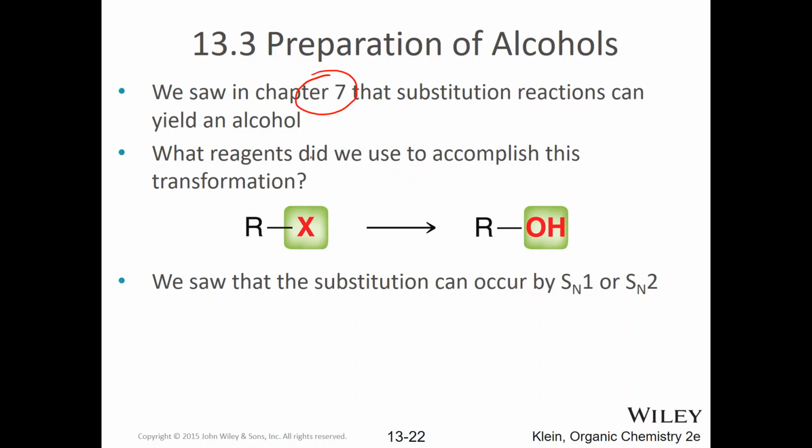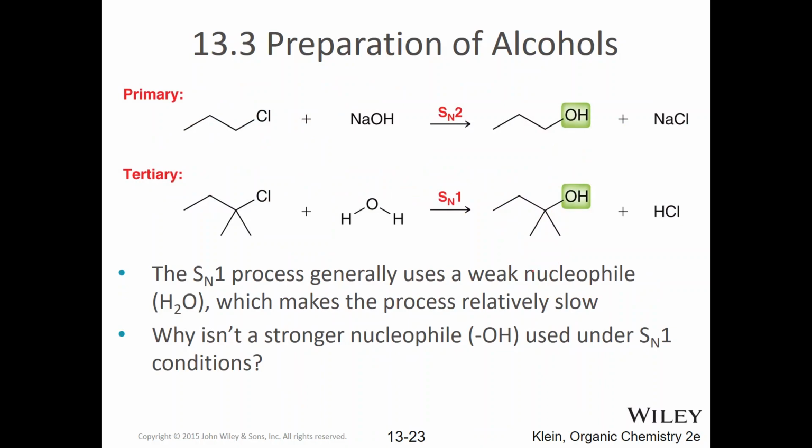In Chapter 7, we took alkyl halides and we made alcohols, right? And we did it via Sn1 and Sn2 reactions. So let's review those reactions and we'll look at the mechanisms as well. So first of all, we did this with Sn2 mechanisms by taking hydroxide,